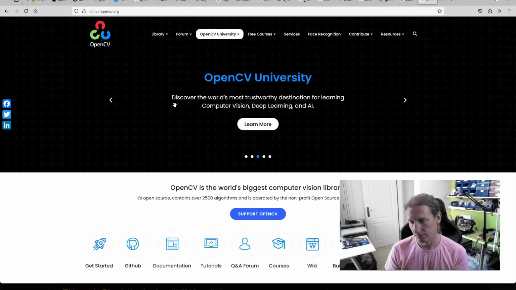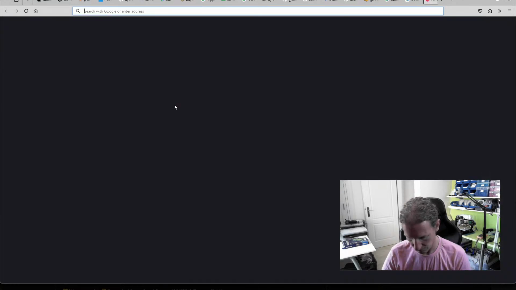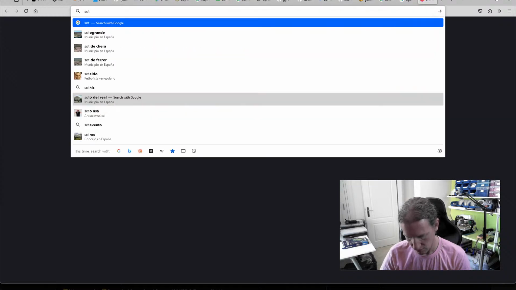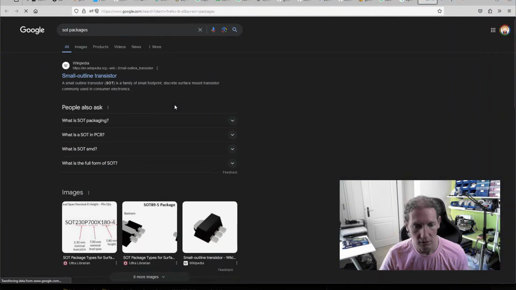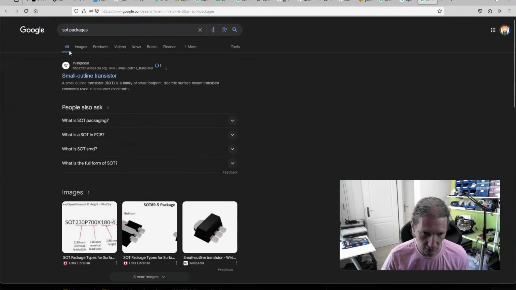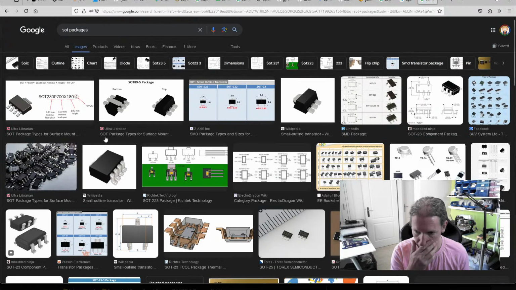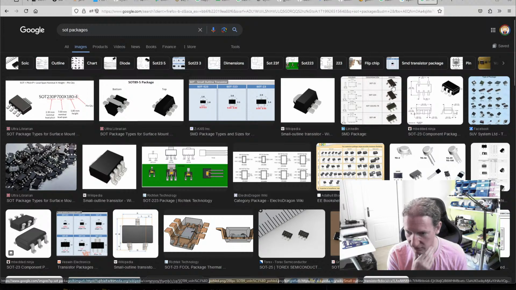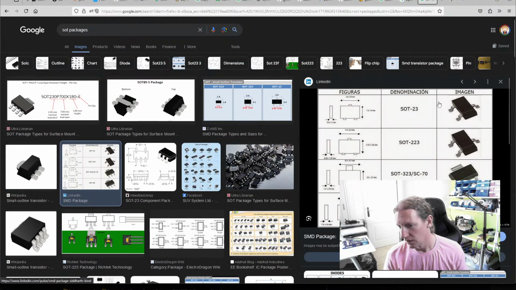Also, there was a discussion that came up fairly recently in the OpenPnP discussion groups, that if you've got a part that's got 3 pins on it, such as an SOT package, I never remember the numbers. There's too many numbers. Images. Right, some of these SOT ones, like this one here. If you've got this SOT-23, top right on my screen,